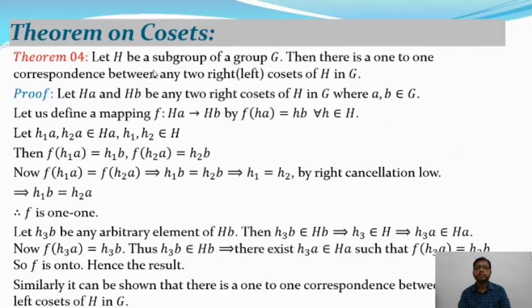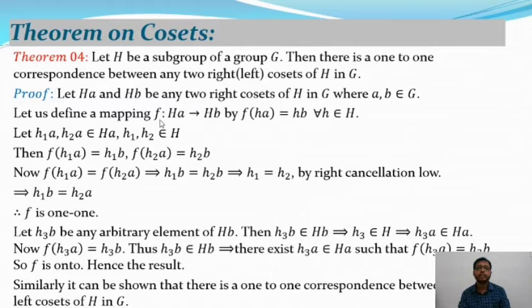Let H be a subgroup of a group G. Then there is a one-to-one correspondence between any two right or left cosets of H in G. Here is the proof. Let Ha and Hb be any two right cosets of H in G, where a, b are two elements in G. So let us define the mapping